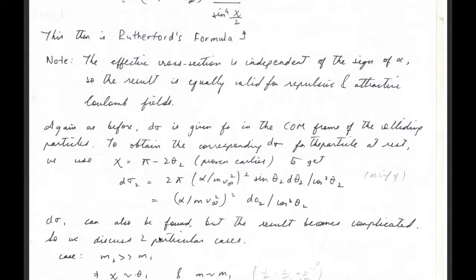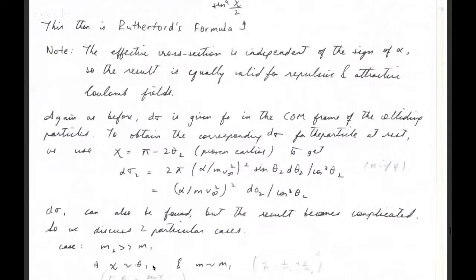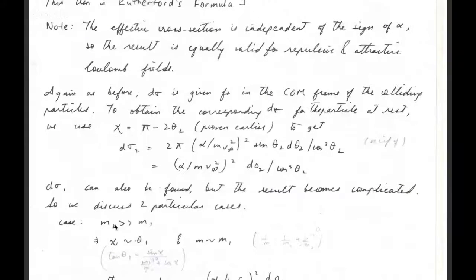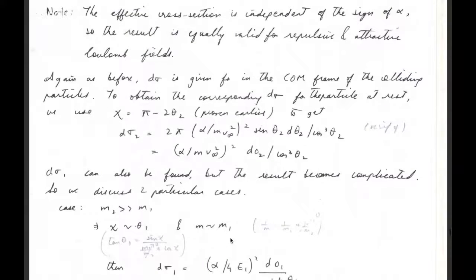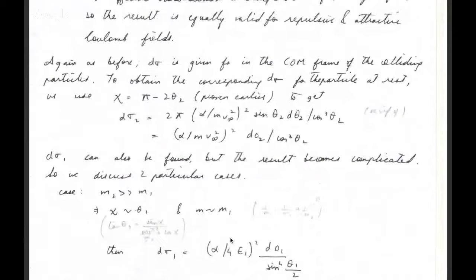So let's go on. Okay, d sigma 1 can also be found, but the result becomes complicated. So we discussed two particular cases. First case: when M2 is much larger than M1, then chi is approximately theta 1 and M is approximately M1. Then d sigma 1 will be,